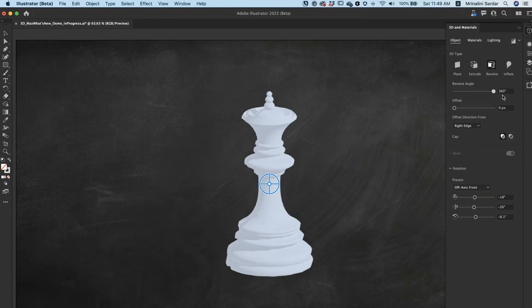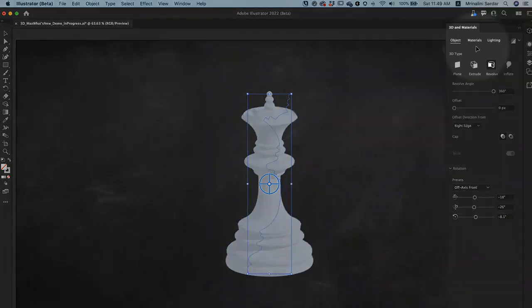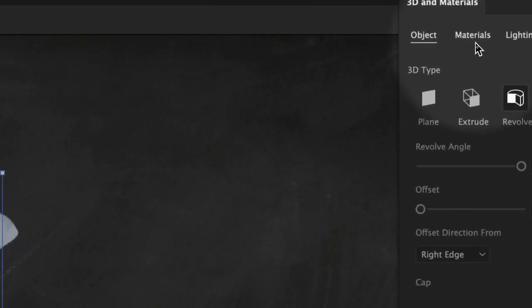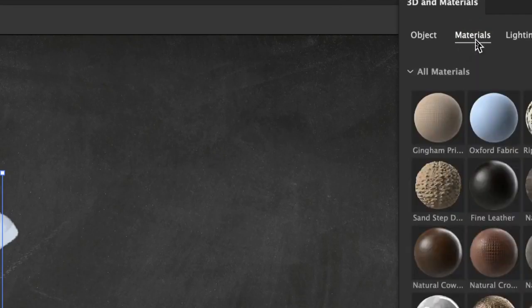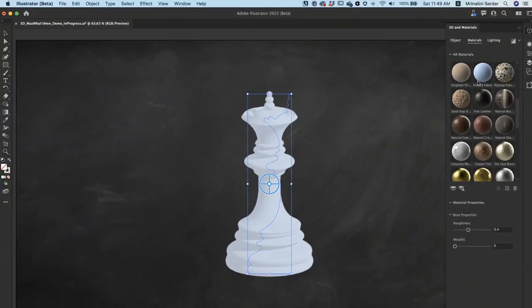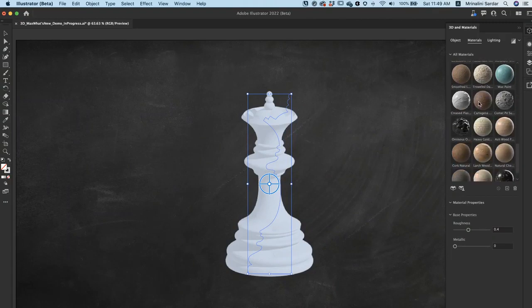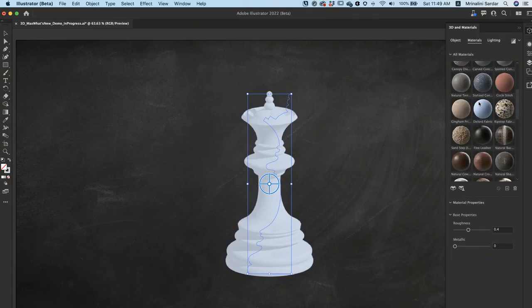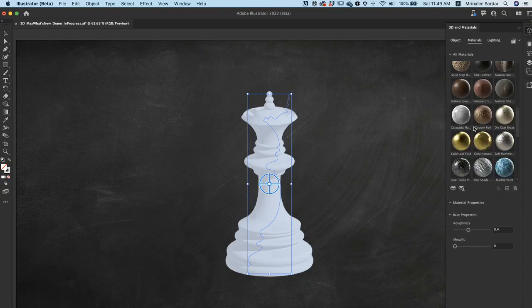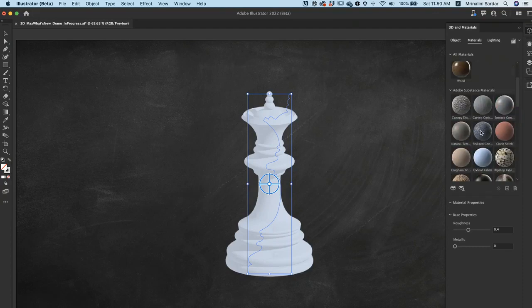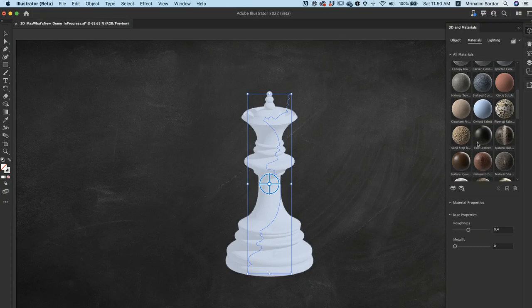Now, another cool thing about this is you can also apply materials, really cool looking Substance materials on objects. And I will just focus on this second tab now, which is called Materials. You can see this closely when I click on it. What happens is you will get into the Materials tab, and there are a host of Substance materials that you can choose from. So Illustrator now is coming with like 42 default materials ranging widely from concrete substances to like